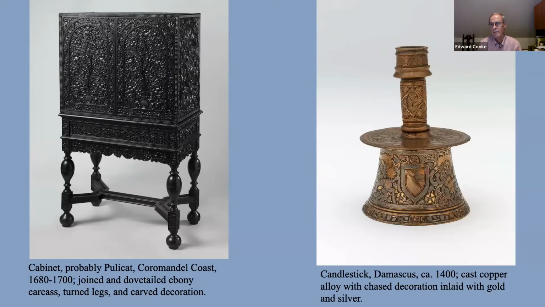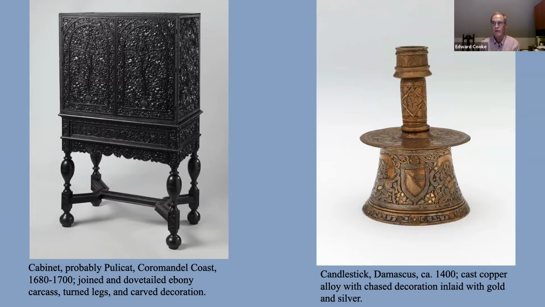The other example that I've got here, a candlestick, the whole development of copper alloy was extremely sophisticated in the Islamic world. The craftsmen in Herat in the 12th and 13th century were amongst the most amazing metal workers in terms of their ability to manipulate the material, to cast it, to chase it, to inlay it with gold, silver, and yellow, sort of more of a mastic kind of surface.